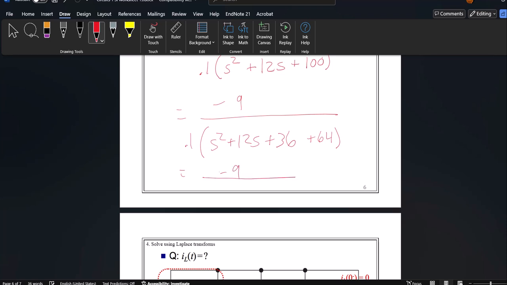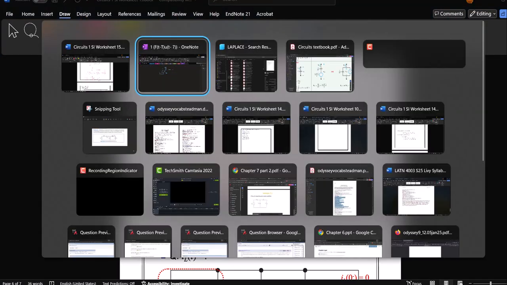But now I can write this as 0.1 times s plus 6 squared plus 8 squared. And then that is in the table. So it's not bad once you see that, and you go to the table,